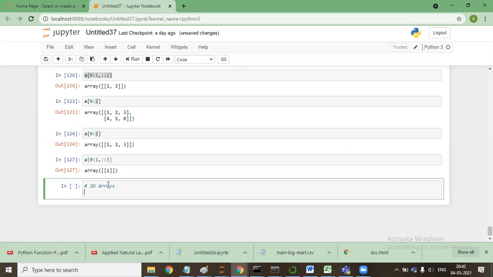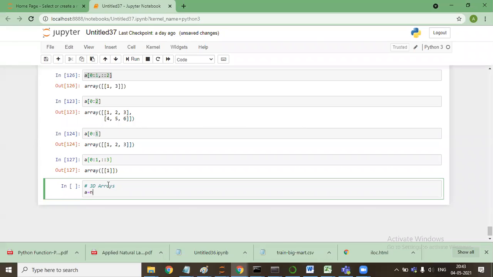If I say three-dimensional array, let me give you a simple example. The example which I have told you, the images that we talk about are stored in the format of a 3D array. I'll talk about it later. First I'll start it, then I'll tell you where it is being used.